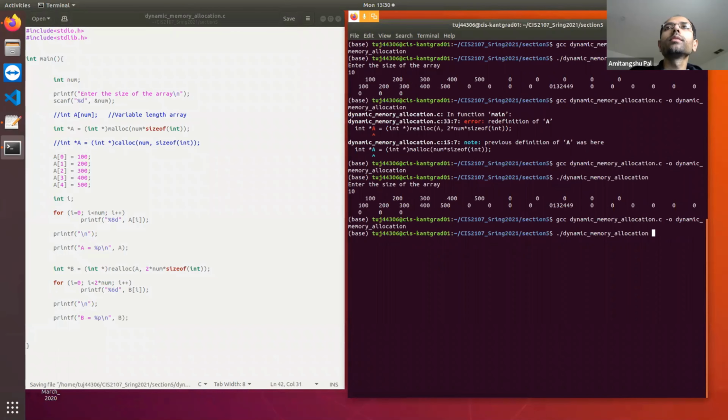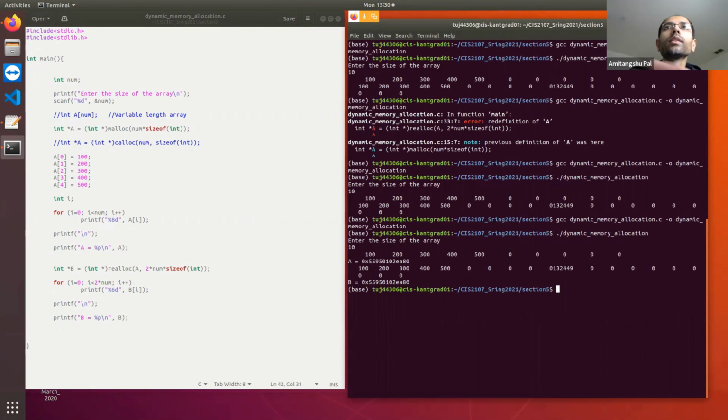If I run this, you'll see that A and B are pointing to the same memory location, because I am just dealing with 10 and 10 into 2, 20. So this is very small as far as the memory space is concerned. But in general, as I said, A and B may be different. All right. Okay.